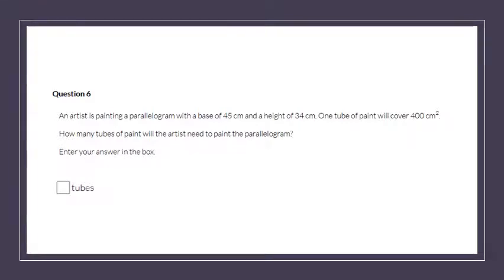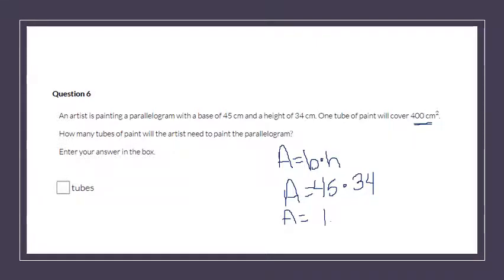Number 6, an artist is painting a parallelogram with a base of 45 and a height of 34. One tube will cover 400 centimeters squared. How many tubes of paint will the artist need? So the first thing I've got to do is figure out how much area we have to cover. So I'm going to multiply 45 times 34,